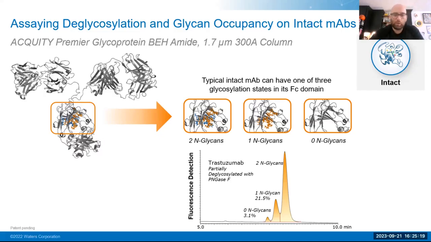But the reason why we're not getting, again, that discrete separation of individual glycan types is because the protein itself is driving a significant amount of the separations here. So not only are we leveraging the hydrophilic nature of the glycans, but we're also leveraging the hydrophilic nature of the protein too, which minimizes how much separation we can get.